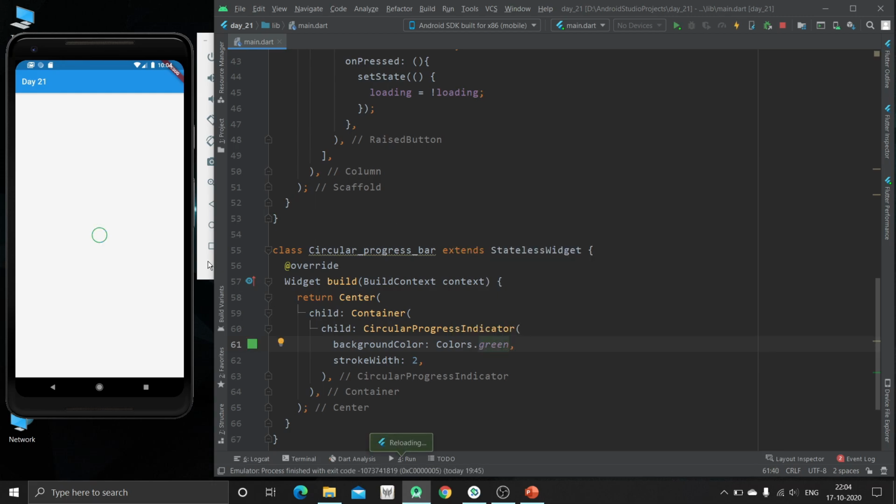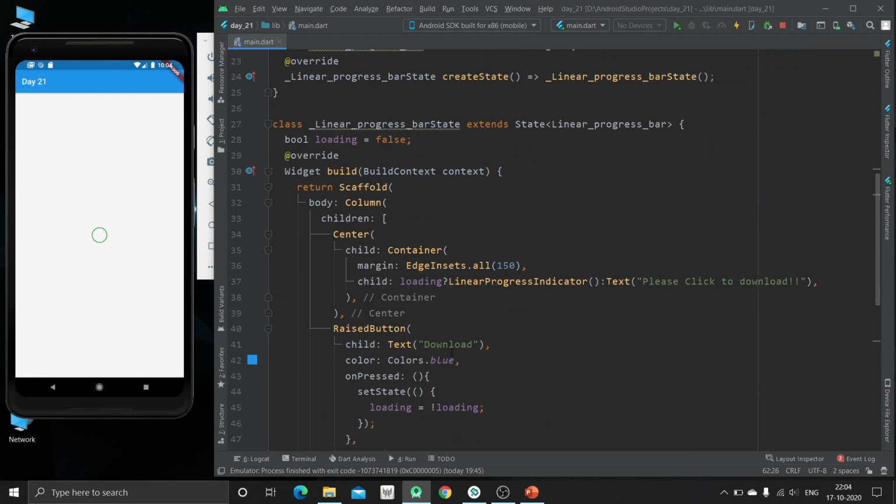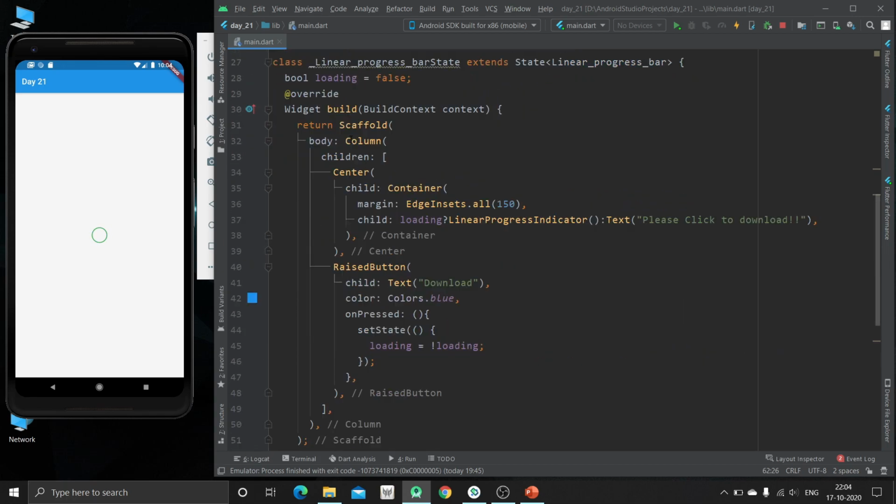So now you can see the whole is green and the stroke of 2 pixel width has blue color. So this is all about the progress bars, the linear progress bar and the circular progress bar.